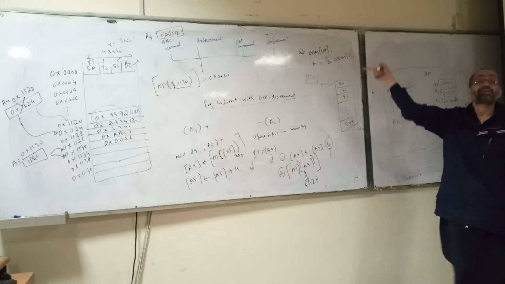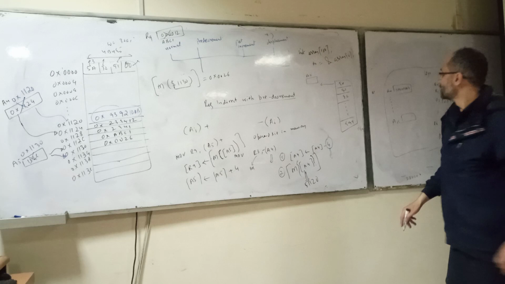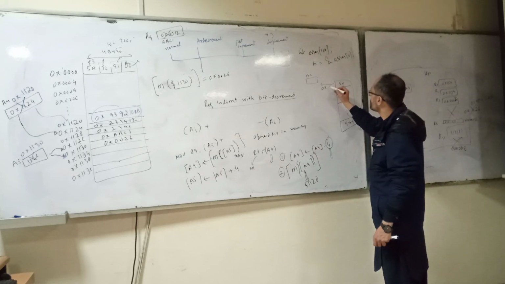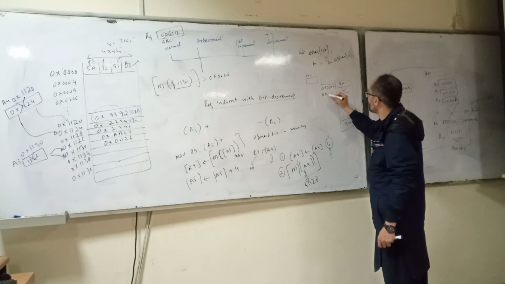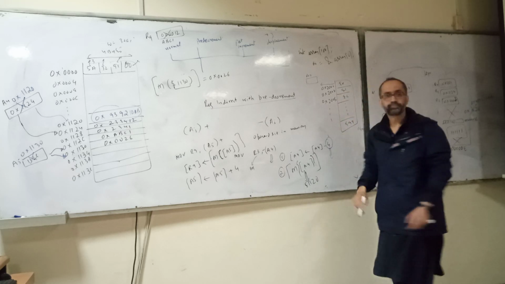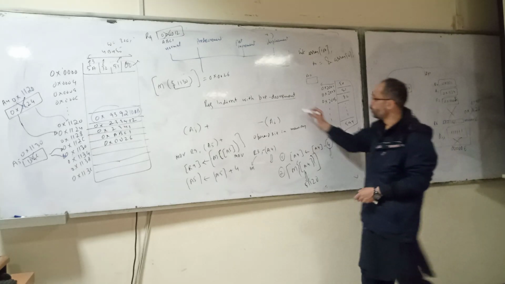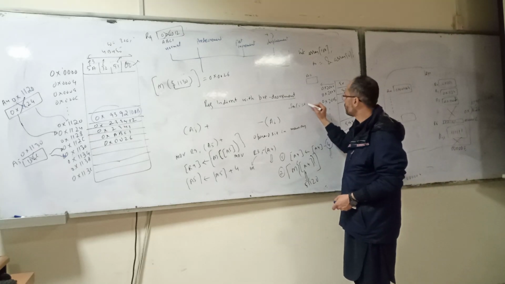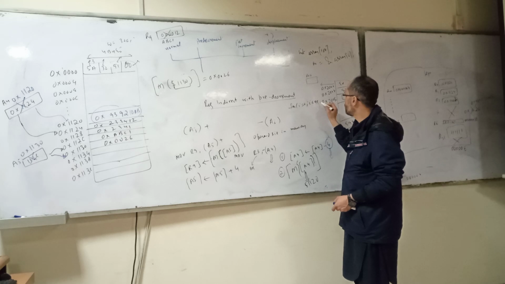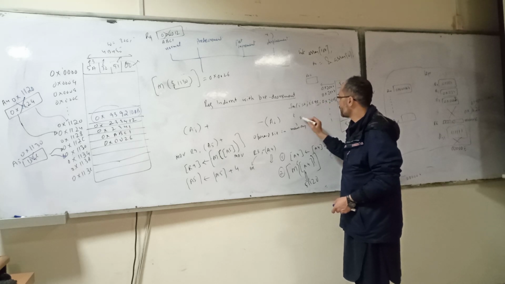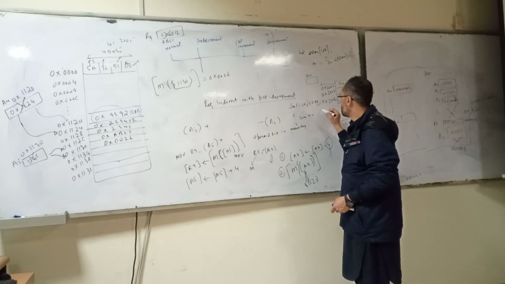The address of the first element of the array. So now let's assume this address is 0x2000. Next is 0x2004, 0x2008, and so forth. So if you want to access the elements, you have a for loop: for I equal to 0, I smaller than 99, I plus plus. And let's assume you want to have some variable, sum, and sum is equal to